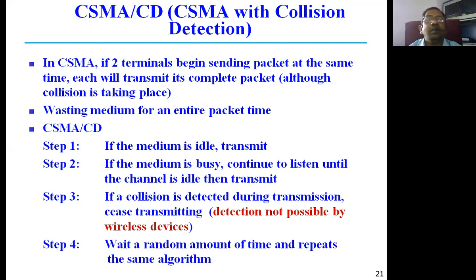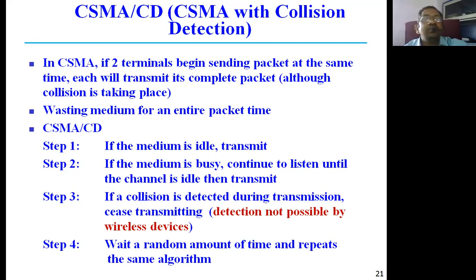So now here, although a collision is taking place, these two nodes don't know that the collision is going to take place as they go ahead. That's one of the things we don't know. Now, if the collision really takes place, what will happen? It is simply wasting the medium for the entire packet time. So the entire medium is wasted for the packet time. Okay, so that means if we don't sense that a collision is going to take place, a problem is going to come across.